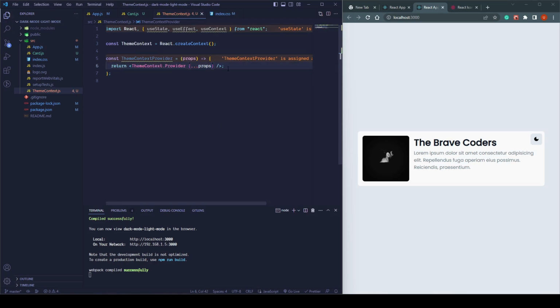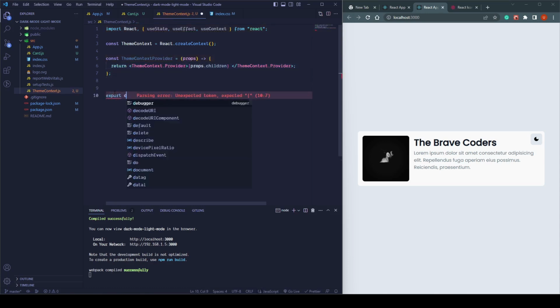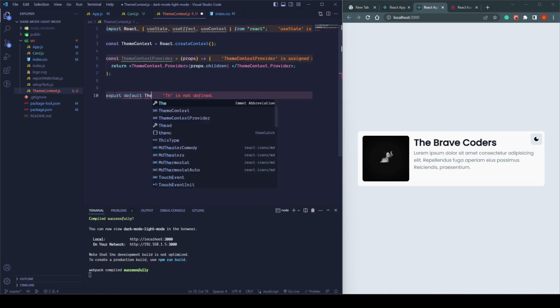You can also use it like this, here you can see, and in the provider you can write props.children, and export this one, export default ThemeProvider,